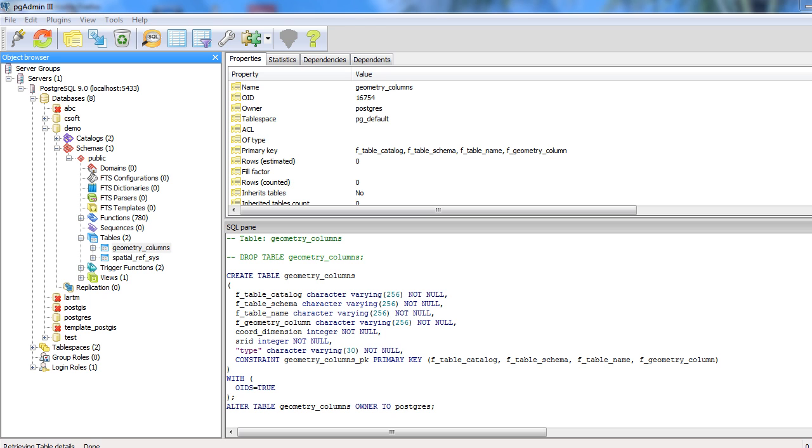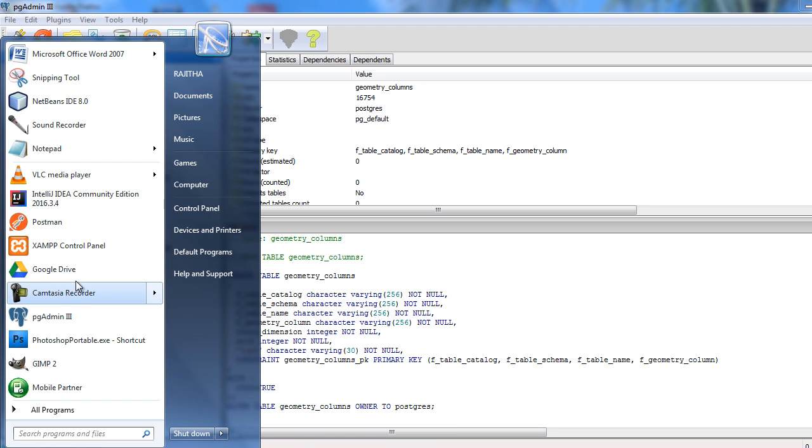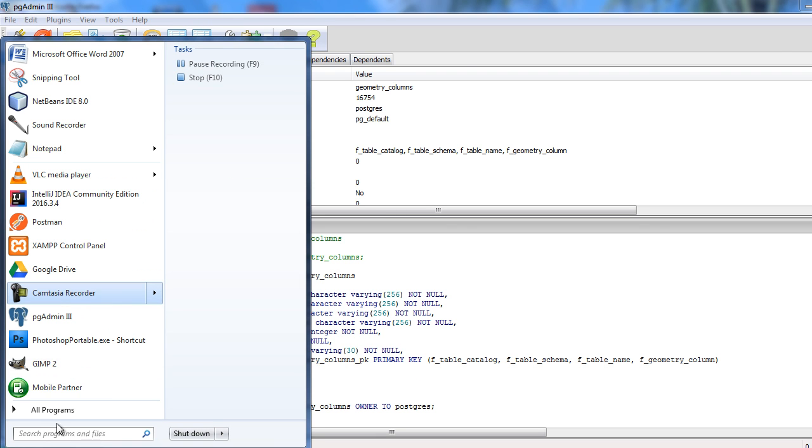I'm going to open my PostGIS database loader. This tool can be found within your PostgreSQL installation.